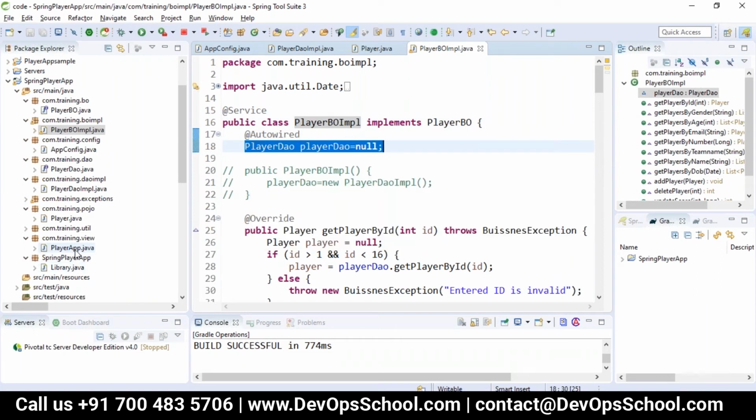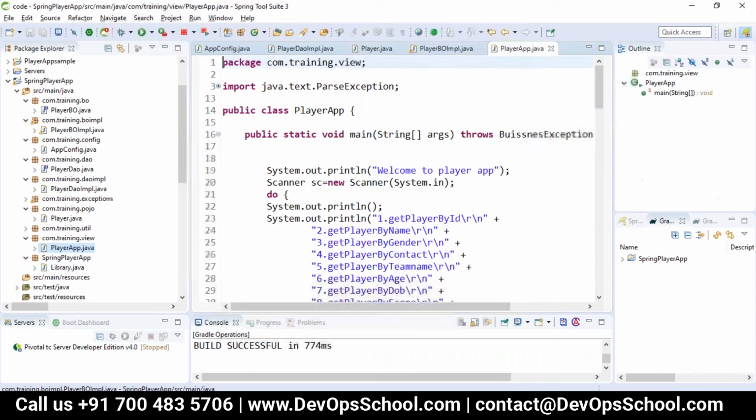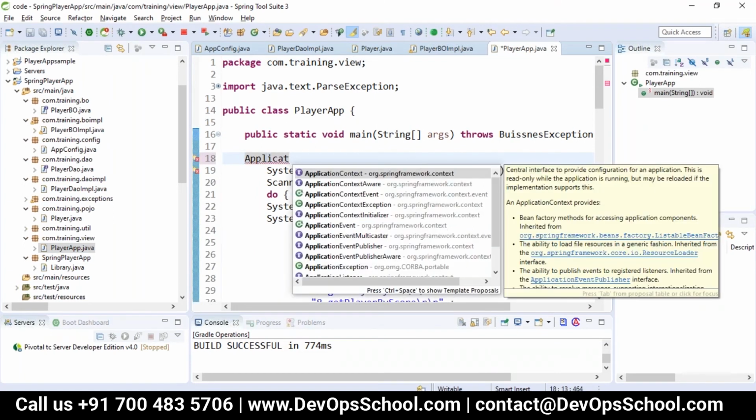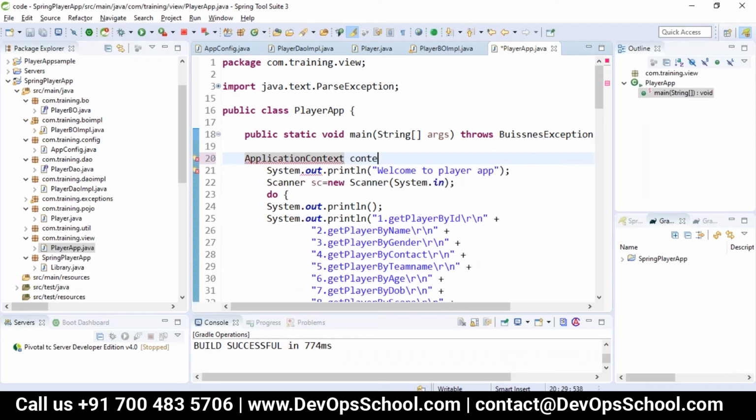Then when you go to the main method, we have to load our code into the Spring container. So we'll load it here: ApplicationContext context equals new.